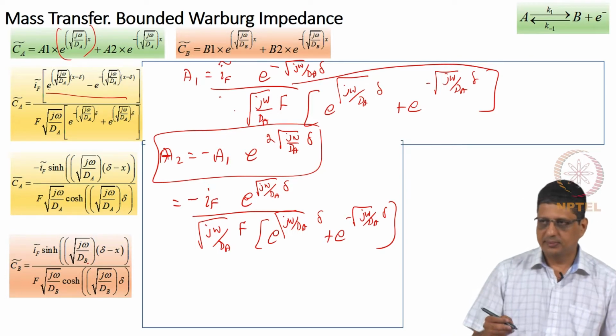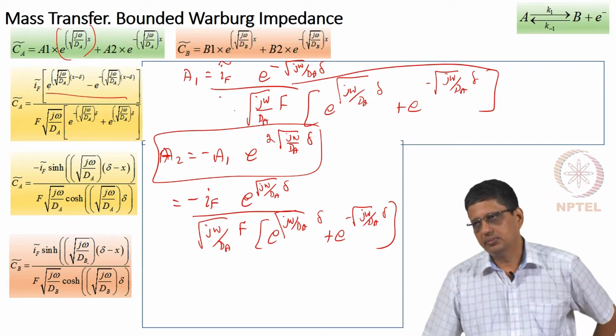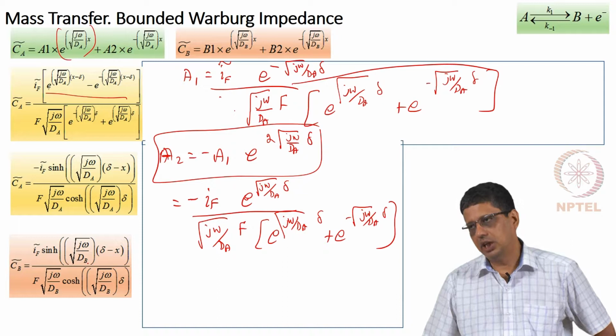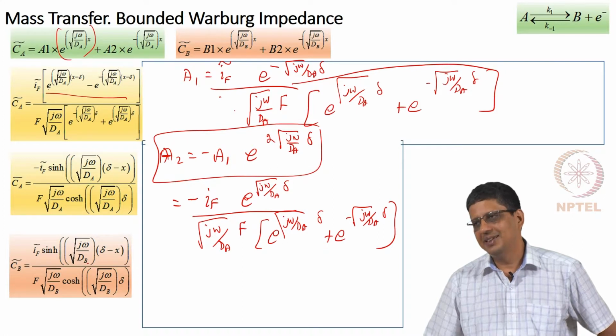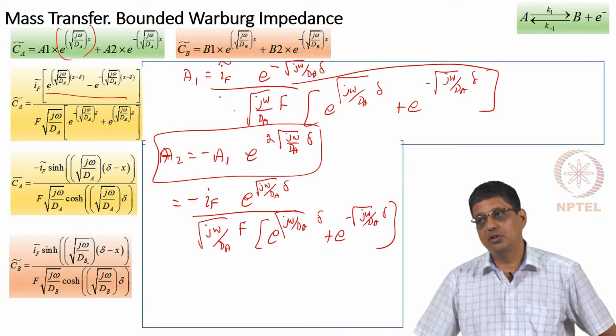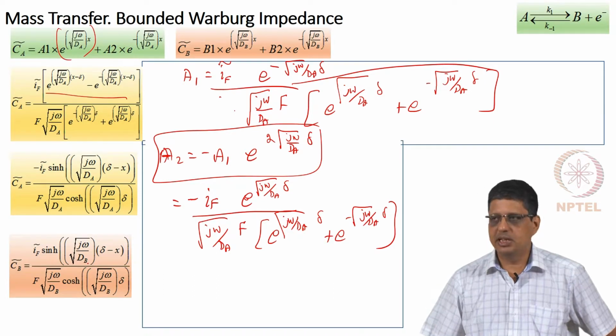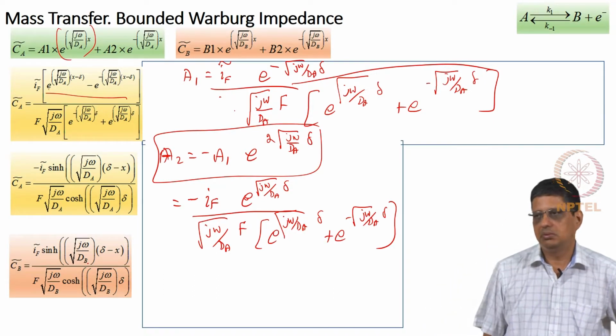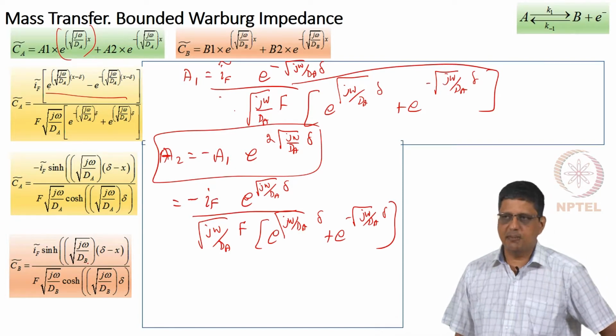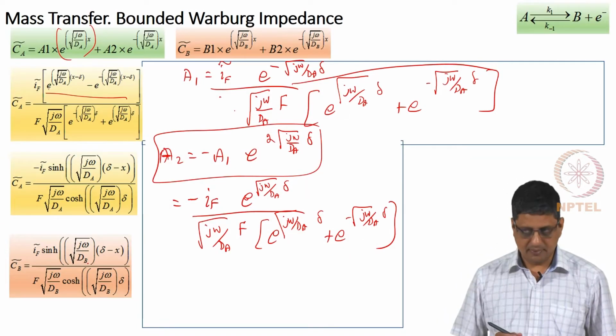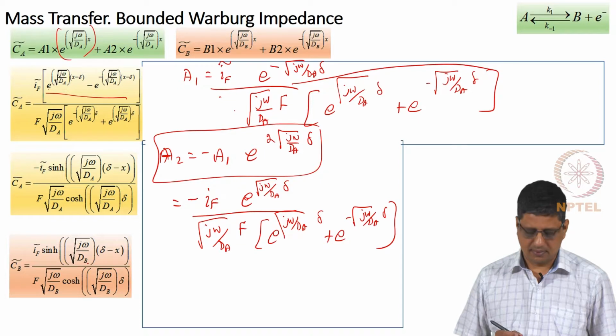But sir, at x is equal to delta, we got both Ca and Cb equal to 0. Yeah. But at some boundary, there must be some one component exists. I'm sorry? We don't get Ca and Cb to be 0, we get fluctuations Ca tilde and Cb tilde to be 0. Ca is actually Ca bulk, Cb is Cb bulk. Sir, can you go to the previous slide? Sure. Boundary condition.